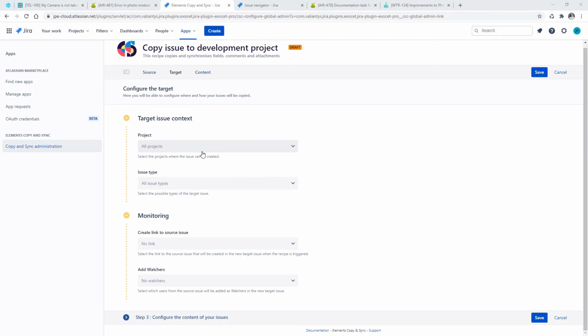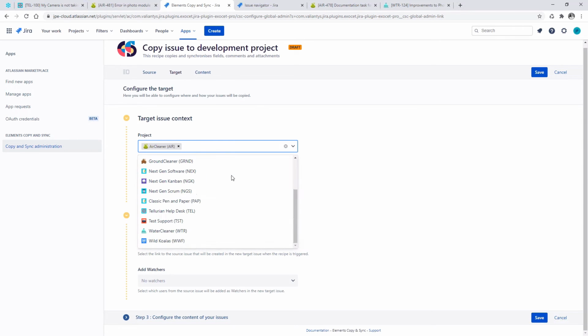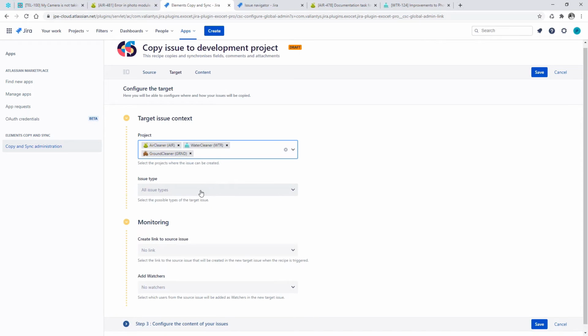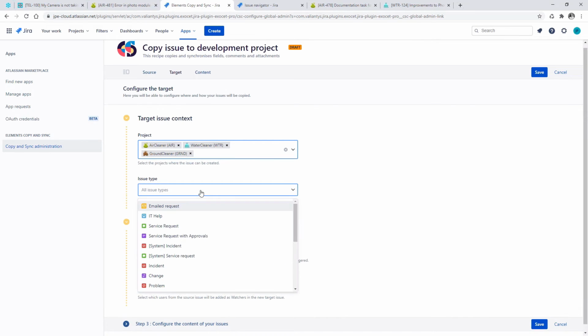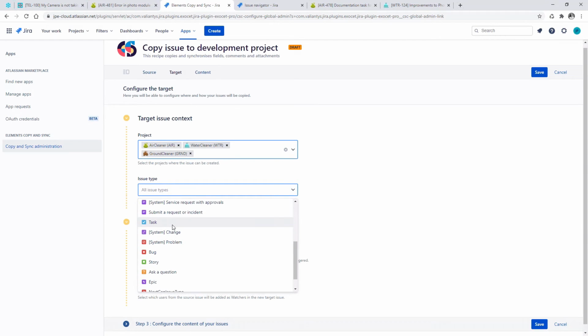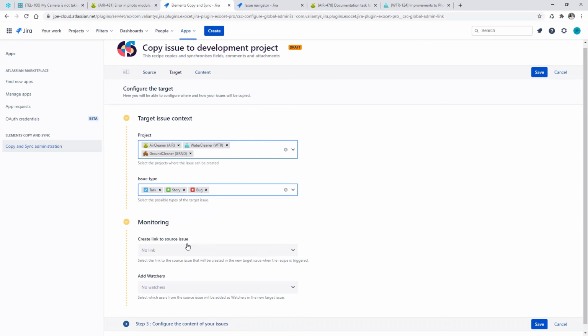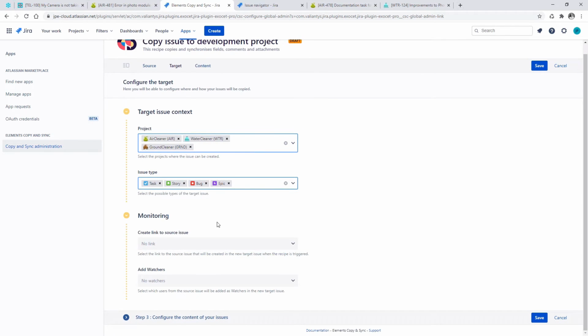For example, I can decide that my copy can only be made in these projects, and that, for example, the issue types that are often found in software projects are available for the copy. So a task, a story, a bug, and an epic.